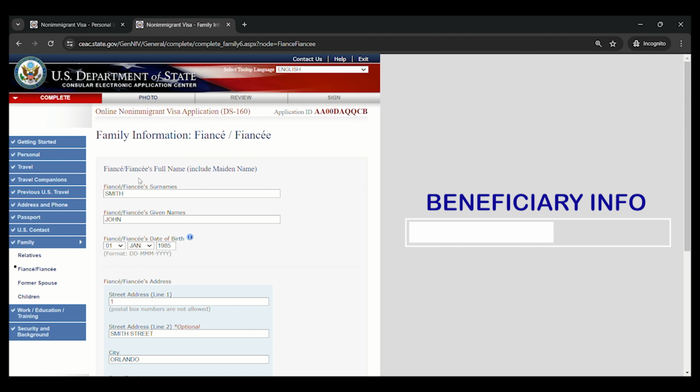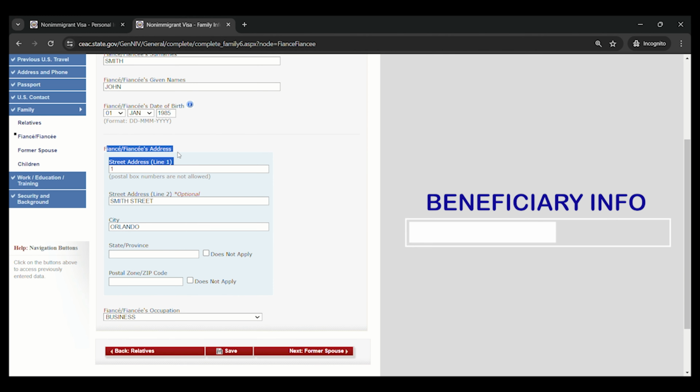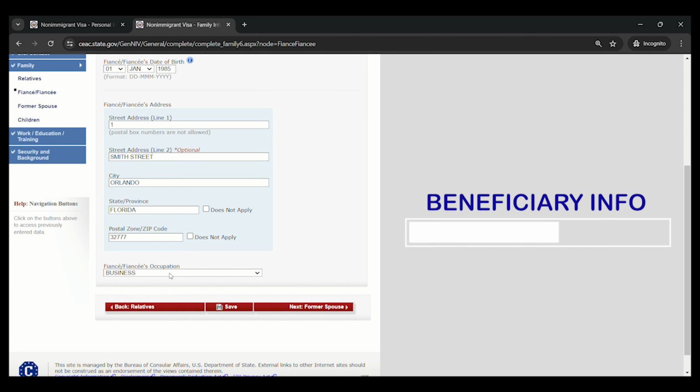And then click next. The next will be your family information, fiancé, or this is the information of your petitioner. Alright? So the petitioner's full name, surname first, the last name, followed by the given name or first name, your fiancé's date of birth, your fiancé's address in the United States. Provide the street address, city, for example, Florida, and then the zip code. Alright, and then what is your fiancé's occupation? So just select, guys, what is your fiancé's occupation in the US. For example, business, and then you click save,